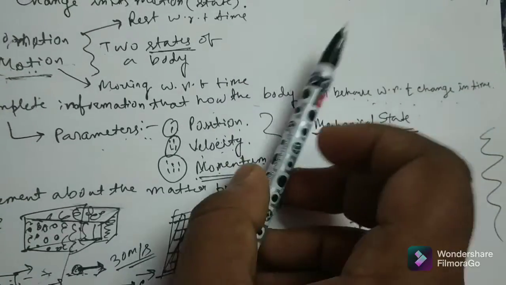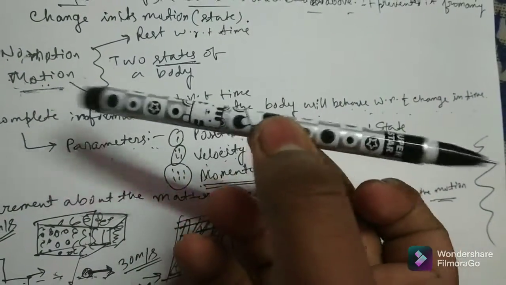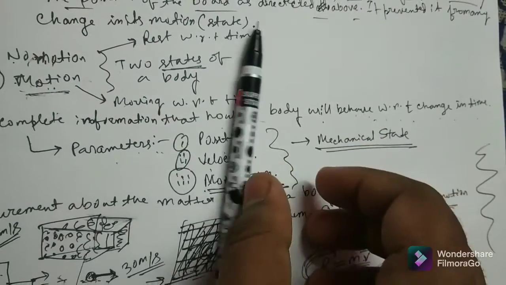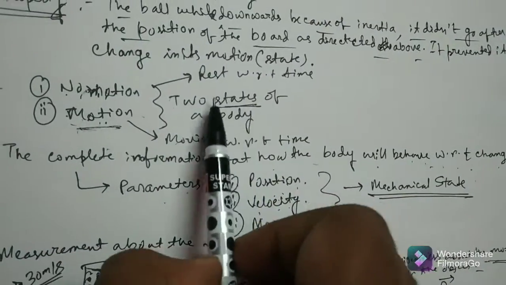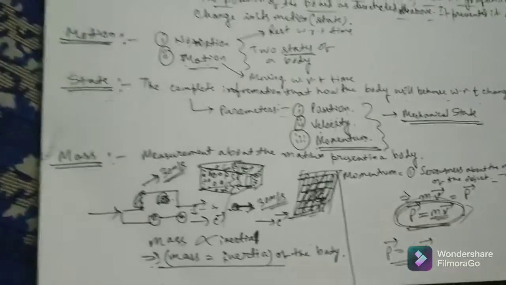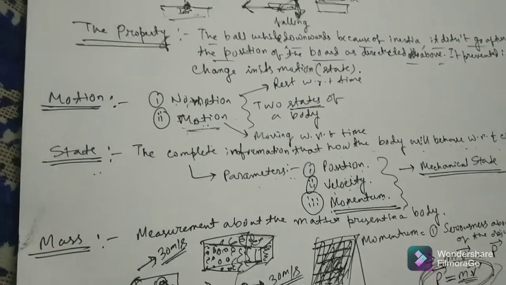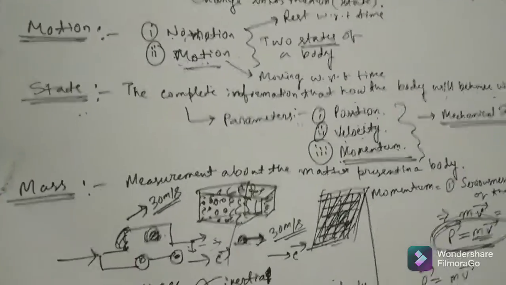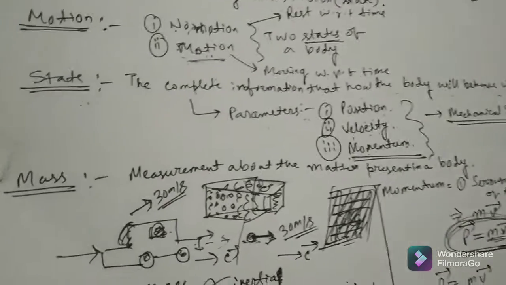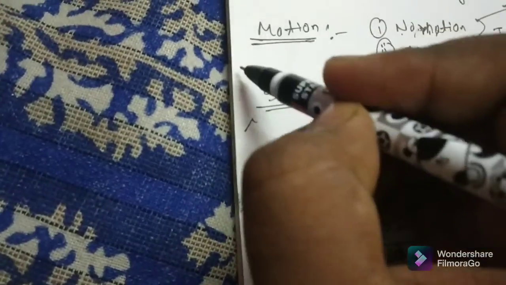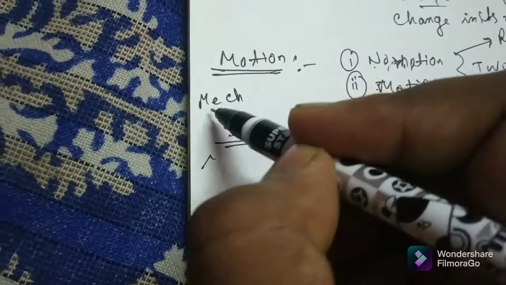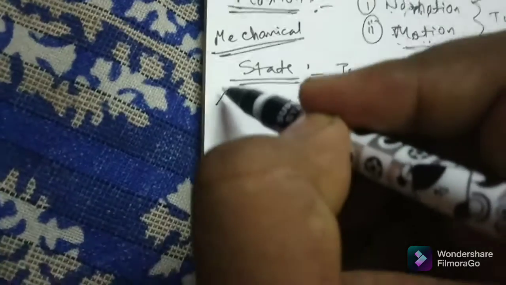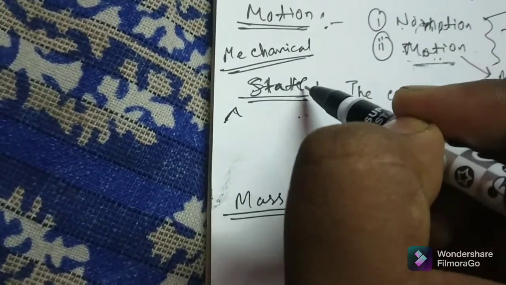All these three parameters are thus mechanical properties, that means relating to the mechanics of the system. Mechanics means whether this pen will be in motion or no motion. These are the two states of the body. State means a mechanical state. In classical mechanics there is a mechanical state, in quantum mechanics there is a quantum mechanical state. There are different types of states, so to be appropriate, this is the mechanical state of the body.